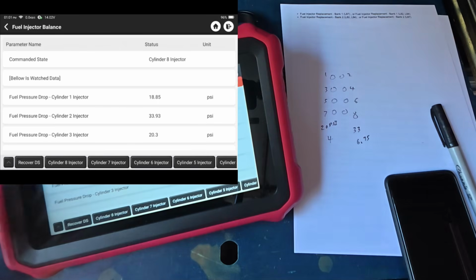Anyway, this is the Kingbolen K8, just showing how to do a fuel injection pressure balance on a GM. This particular engine's a 5.3 liter